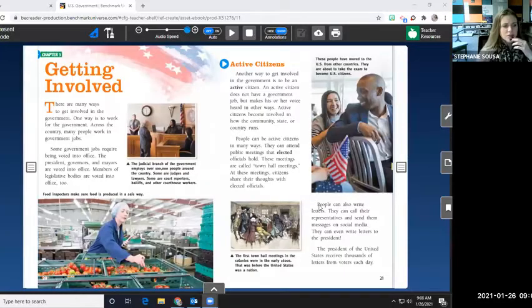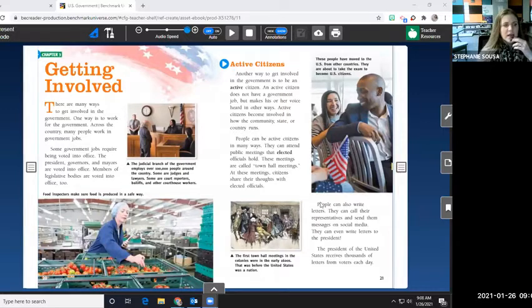The people can help the people that are homeless on the streets and give them like a job or a house. Sure. So that's a really kind thing to do. You guys have done a really nice job of listing kind things, but those aren't necessarily ways that we're involved in the government. So let's take a look back at our text right here.